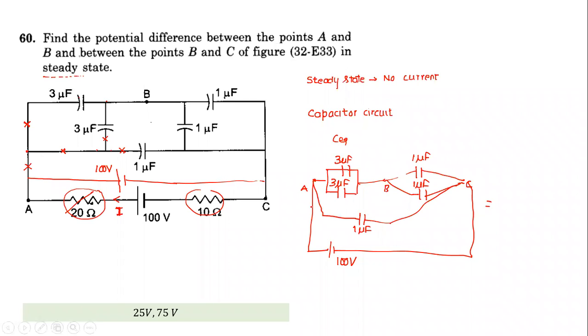Do we need to calculate the charge distribution? No, actually not necessarily. We need to find the potential difference between A and B. These two points: this is equivalent to 6, and this is equivalent to 2. How would the potential difference take place? Potential will get divided in inverse proportion to the capacitance. I hope all are able to do this. Would you be able to solve it, or do you want to solve this question step by step? This question is equivalent to something like this.